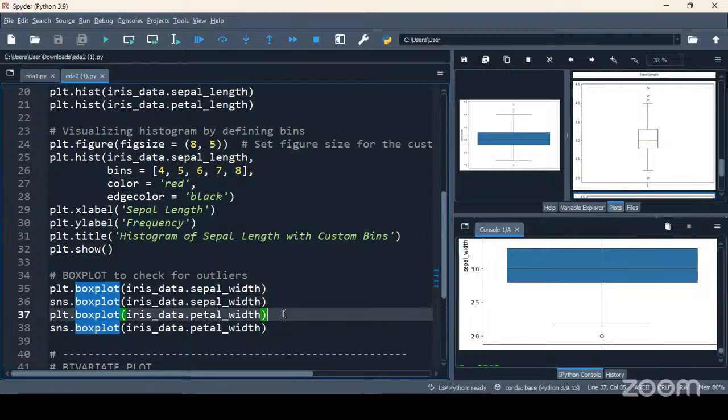Are we calculating the limits? No, we are not calculating the limits. That is not our task. Everything will be done by the function. In the backend, it will be completed. Right. What am I doing in line number 37?